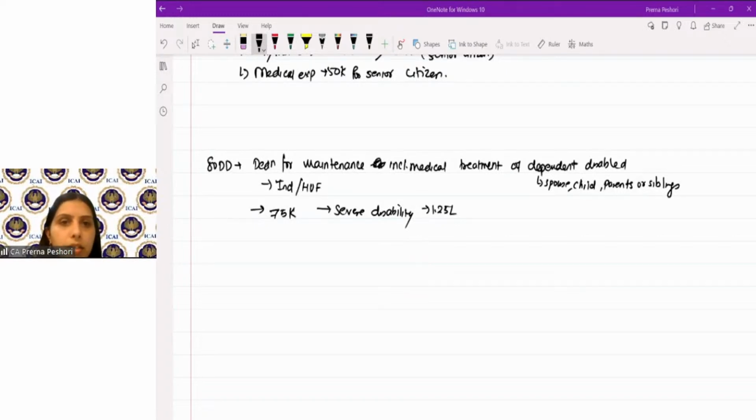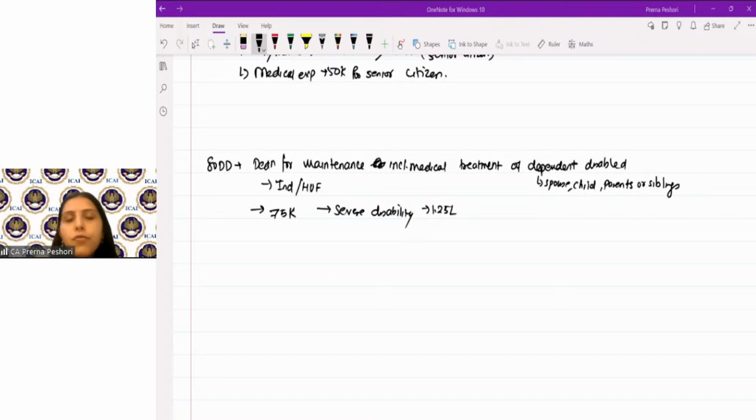What is the amendment? What are the qualifying amounts? As I said, the qualifying amount is not just the medical treatment expense, but any amount paid to the LIC for this person. Now the scheme should provide for the payment of a lump sum amount or annuities for the benefit of the dependent person who is disabled, in the event of the death of the individual in whose name the subscription was made, or on attaining the age of 60 years or more by such individual for whom the deposit was made, right?